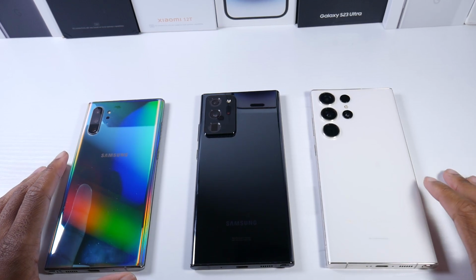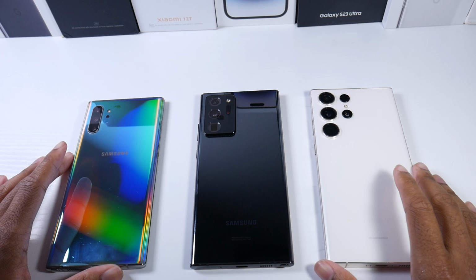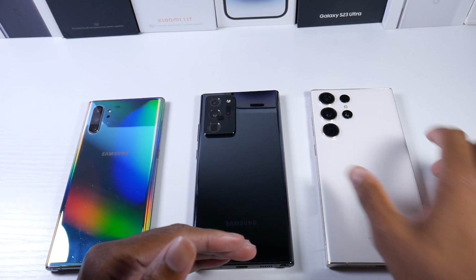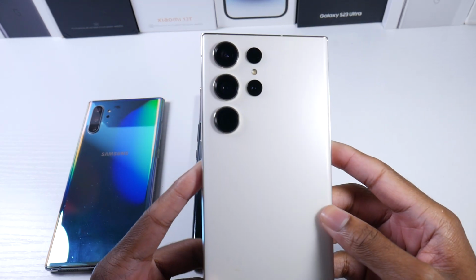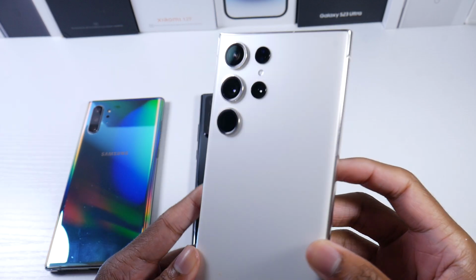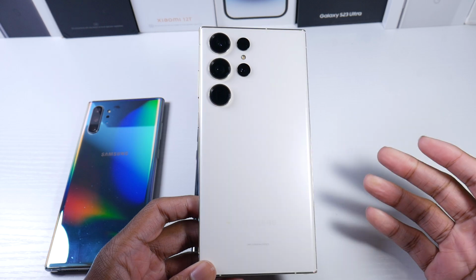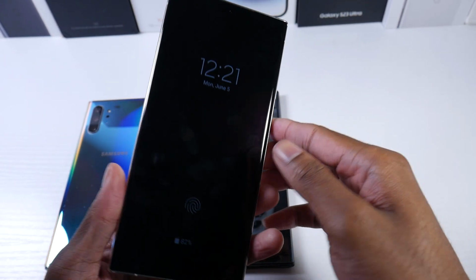What's up, guys? Today I'm going to be going over a constant question that I get, and it's usually between the Galaxy Note 10 Plus and the Note 20 Ultra. Should you upgrade to the Galaxy S23 Ultra? Now, I did individual comparisons of these two phones against this phone, but I wanted to go ahead and update it for all the new people on the channel that I didn't see it,